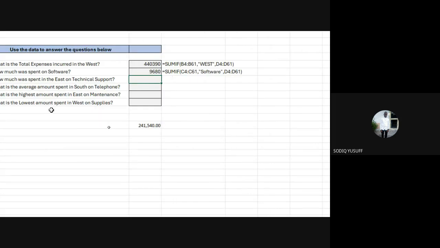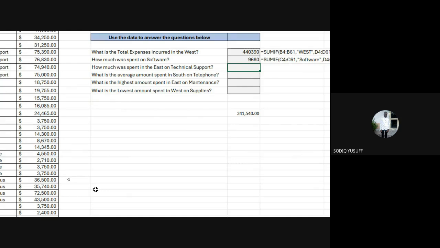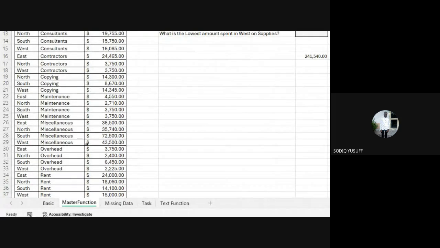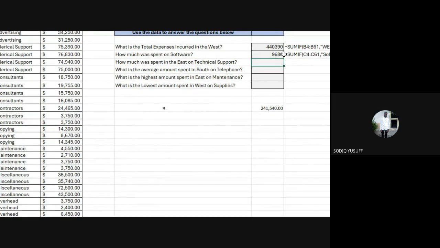Now, before we go to the next one, everyone, you need to answer this question. How much was spent on rent? I want to know how much we spent on rent. Let's confirm that we have that.